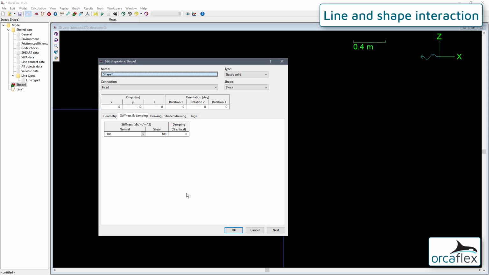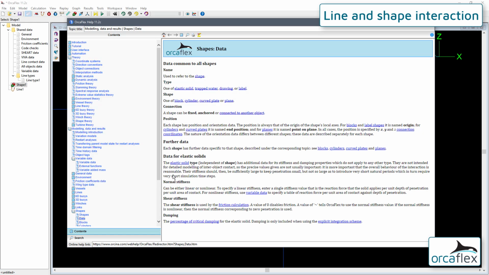You can find more information about the friction calculation by navigating to the documentation while on the stiffness and damping page of the shape data form. In the shear stiffness section, you can then follow a link to the friction theory page.